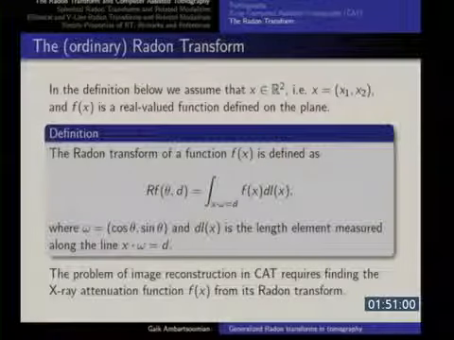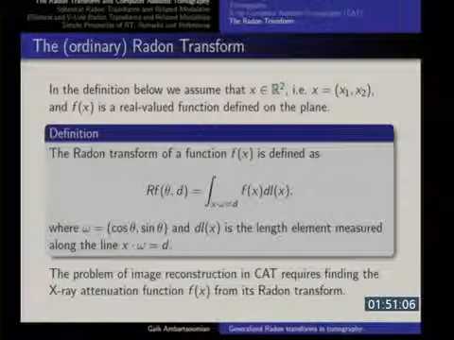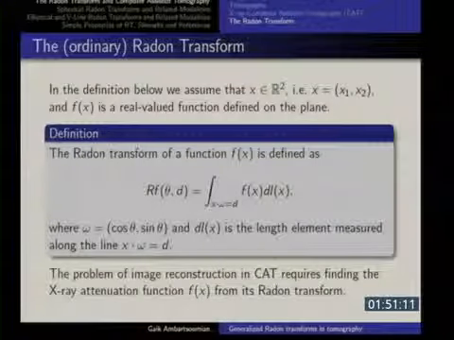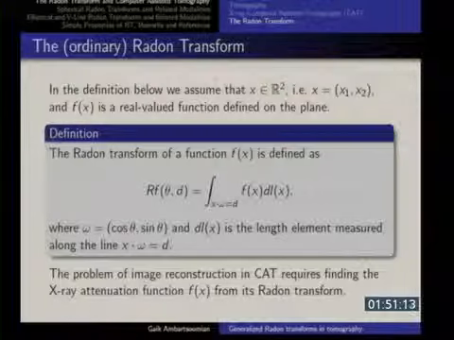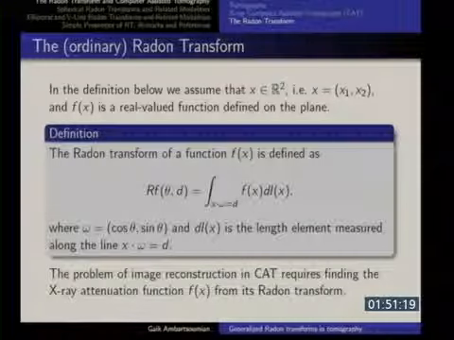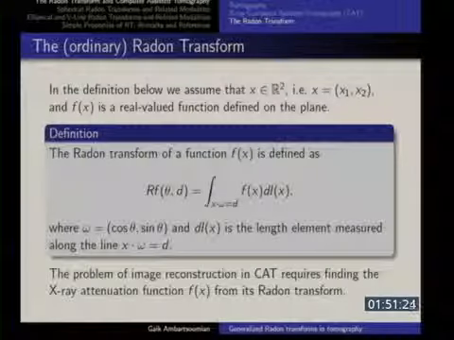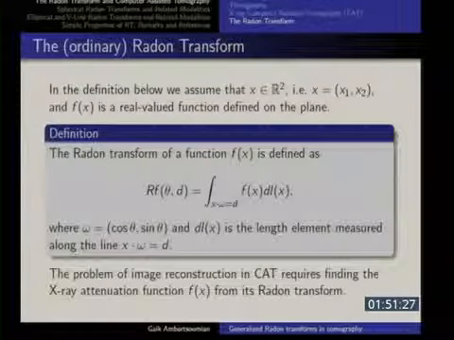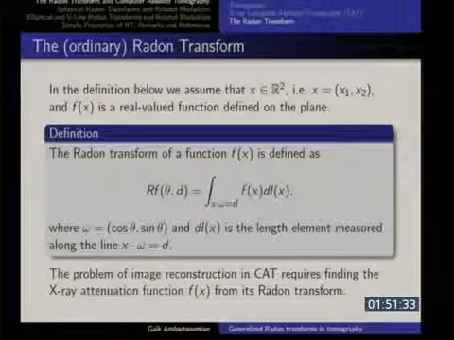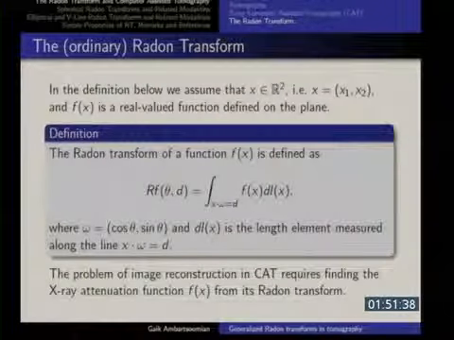Now, again, I want to make a couple of comments here. You see, the convergence of the integral is not an issue because the function is compactly supported, but if you for a second forget about tomography and think about this as a purely mathematical problem, there's all kinds of questions you can ask. You can now assume that your function is not compactly supported, but decays sufficiently fast so that the integrals make sense. And then you can think of the function being not just a two-dimensional function, but three, which would still make sense for applications. But for purely mathematical reasons, you can think of also R^n, and then try to invert the function from the Radon data and so on.